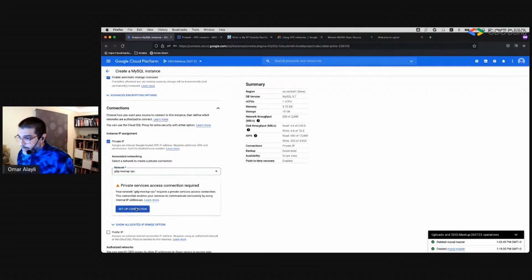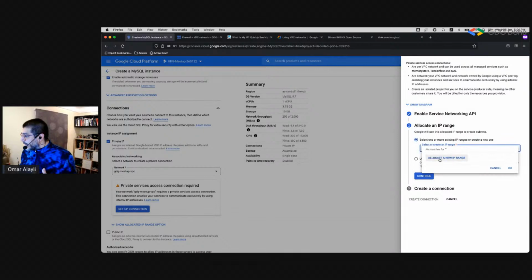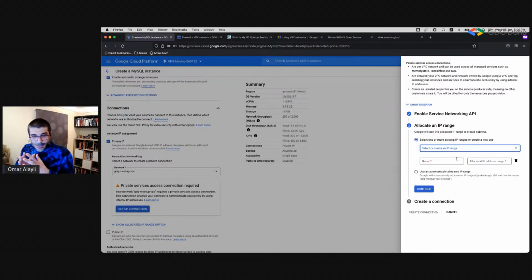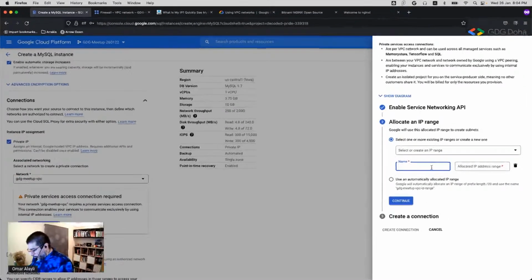So I have to set up a private service access, and I have to specify an IP address for this private service range. This is for Cloud SQL, for MySQL for example, whatever you want, private service access, and the IP that I want to allocate is